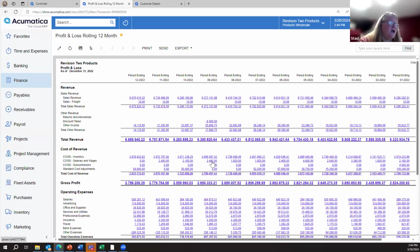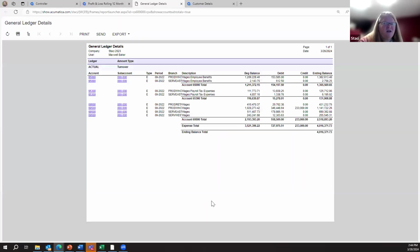It's blue, it's got an underline. All I have to do is click on this particular number, and this is going to bring me right back to the GL, and it's going to give me the detail of what made up that particular number in the P&L for that month. And so if I want more information on this, if this didn't give me the answers I need, I can drill back into the account and do more analysis there. But again, drillable. It's just one click behind the next in order to just work your way back. And again, that's another item that you don't see in all systems, and it's just such a huge time saver, and people are just, oh,